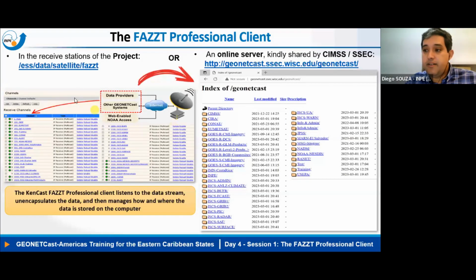And the client, the FAZZT client, basically manages how and where the data is stored in your workstations. And NOAA gives an IP and a password for each data provider of the system. And these providers upload data through FTP using these credentials, right? And on the user side, each channel is seen as directories, as we have explored in the first day. And in your ground stations, you may find the files at